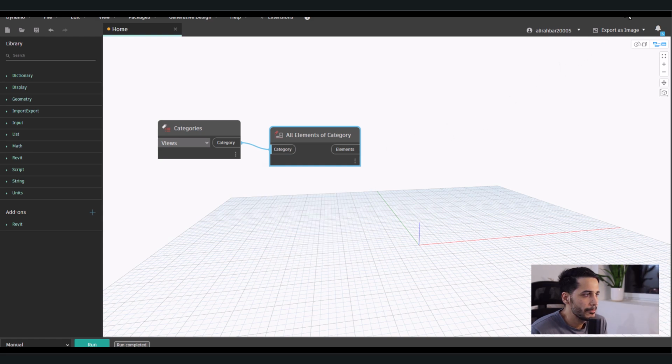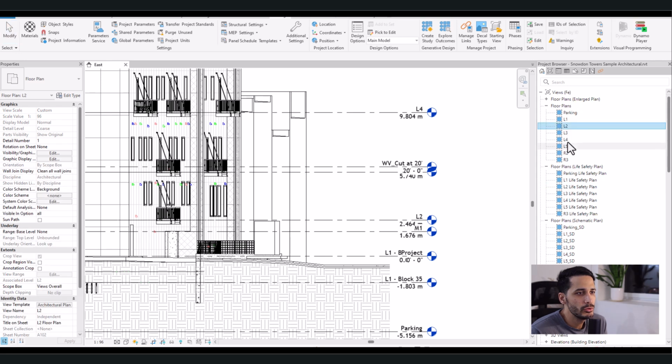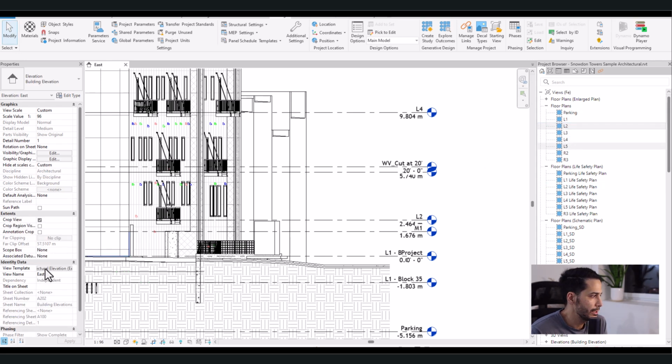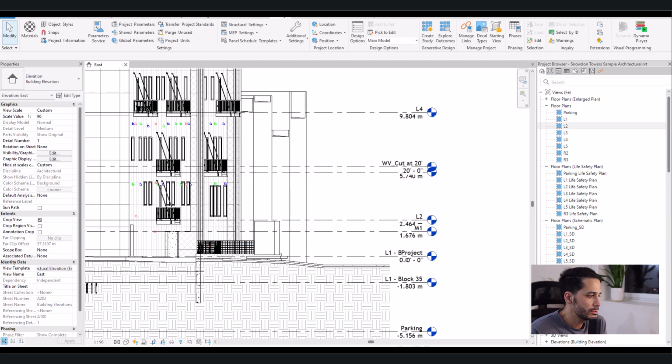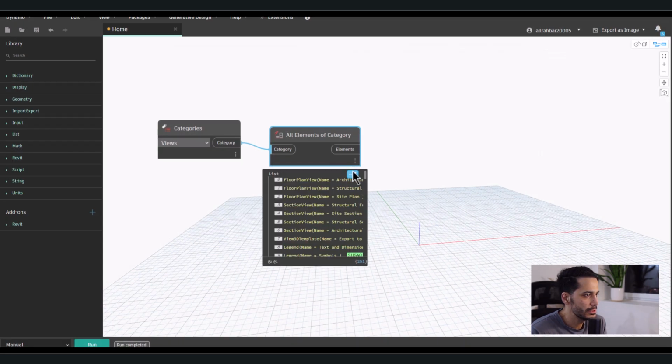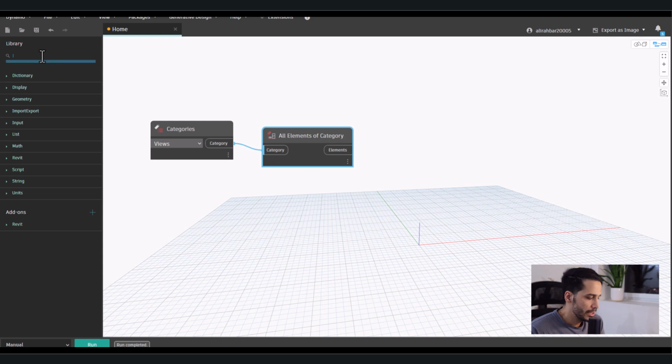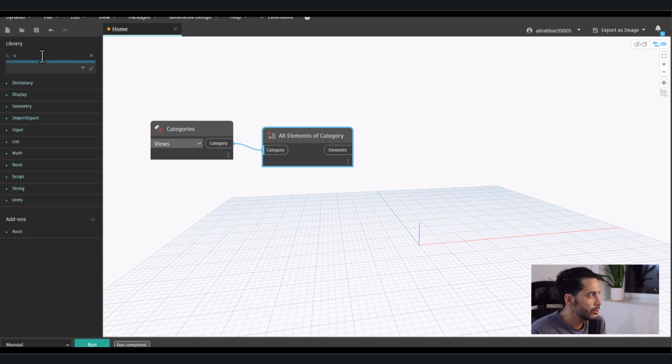In Revit, both view and view plan, view template here, all of these are part of the view class. So some of the views here is a view template, and we don't need it because we don't want to rename the view template. So here we have a node named is template,